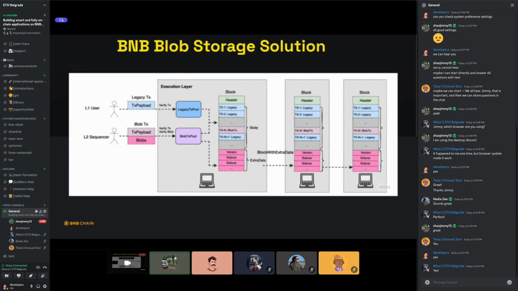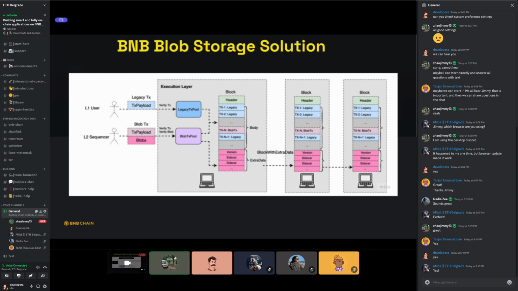On the BNB Greenfield, we also provide a proxy service as a permanent solution for the blob data, to guarantee the pruned blob data can be permanently retrieved from a service. This has been implemented, and any chains that are going to use old blob data can also use that proxy service, which is built on top of the BNB Greenfield.